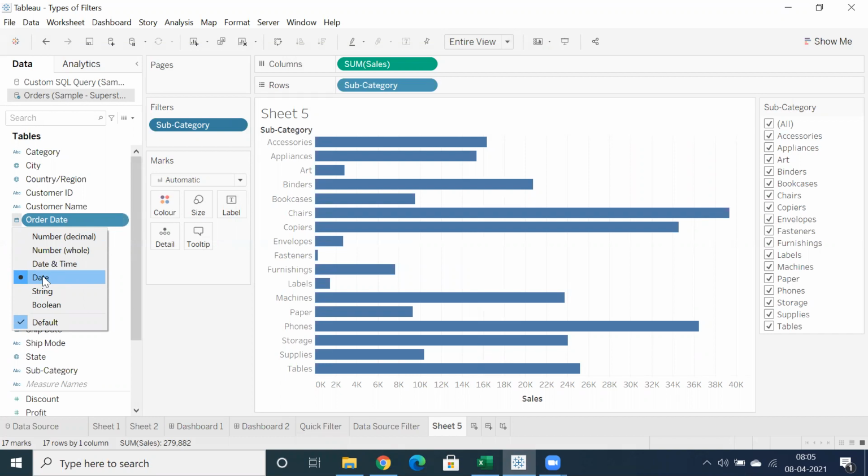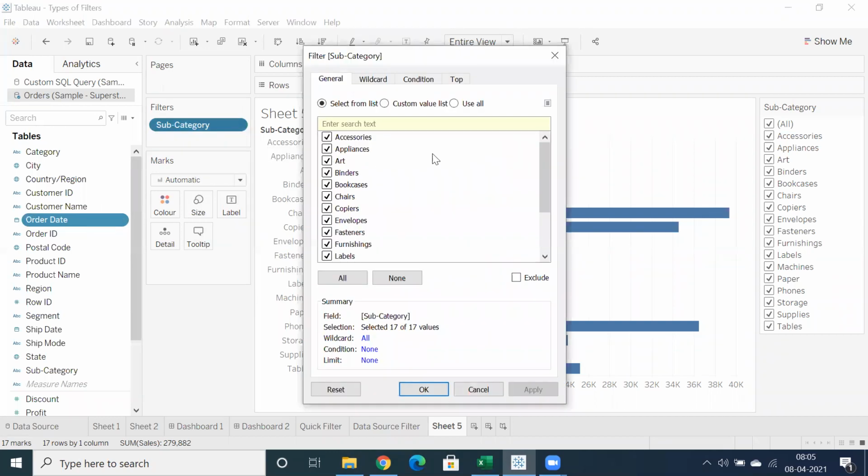If the data type is purely date, you understand, right? I'll tell you what the differentiation is. But what actually filters on dimensions have, and what options we have, is general, wildcard, condition, and top.